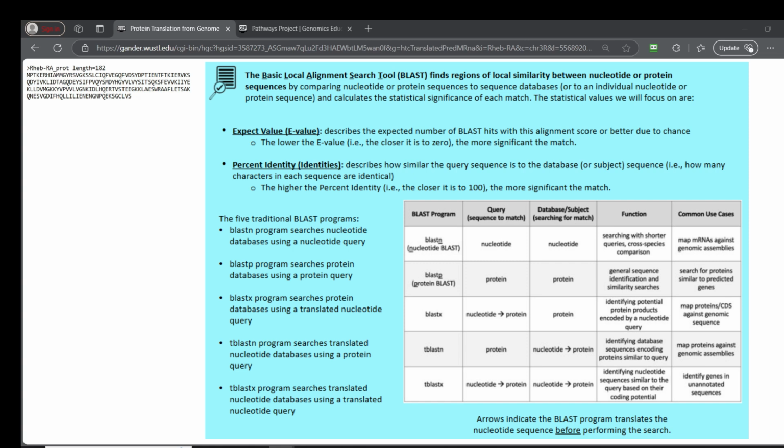We can see on the table that's currently pulled up on the video, this table which shows BLAST programs, the query types, which is the sequence to match, along with the database, otherwise known as the subject, the function, and common use cases across. Now that we have a better understanding of BLAST, since we're looking for an orthologous region